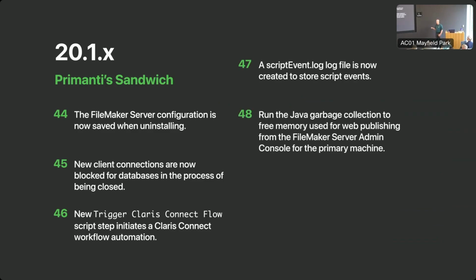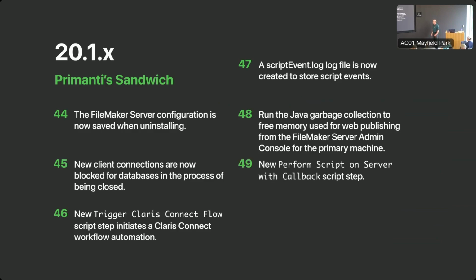The other thing is, if you're doing a lot with FileMaker publishing, you can now run the Java garbage collection to free up memory that is running on the FileMaker from the server admin console on the primary machine. There may have been a way to do this before they added this feature. The only way that I knew how to do it was to reboot the server. So the smarter people may have figured out other ways, but now it's just a click of a button from